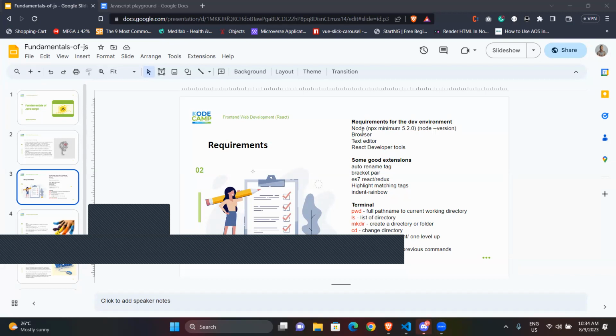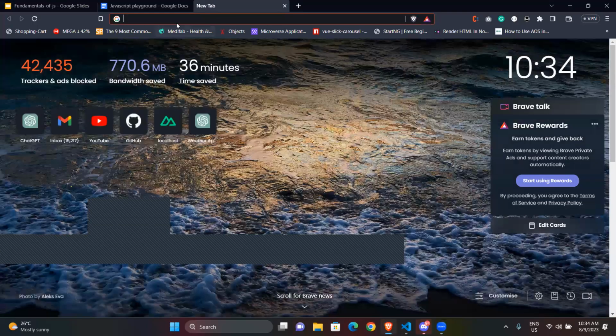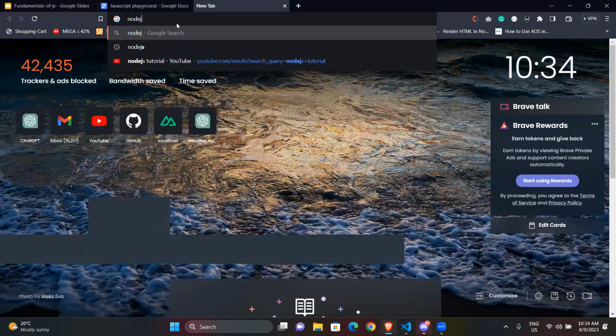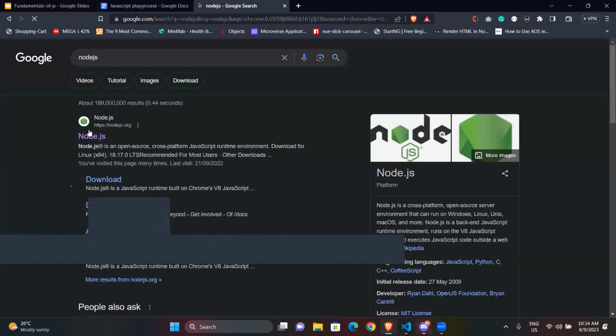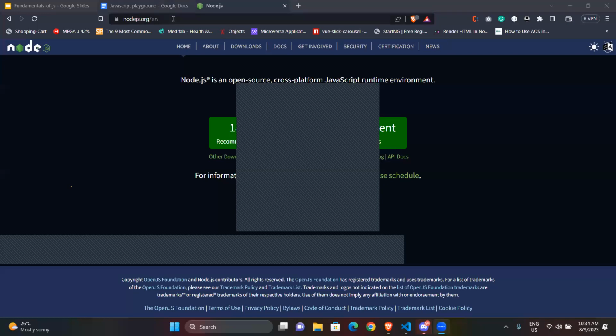So you need Node installed. For those who don't, you just need to go to the Node website and install the latest version. The link is in the chat.